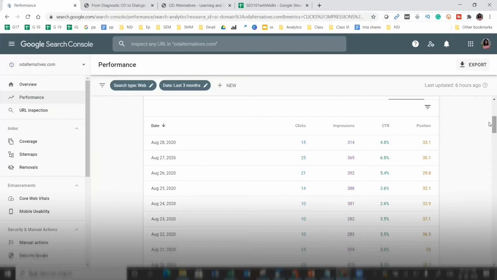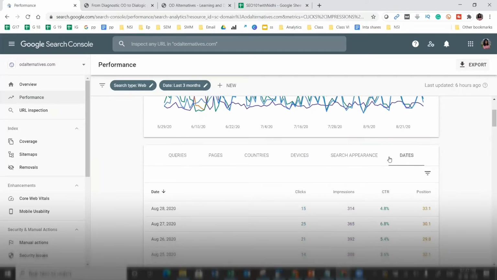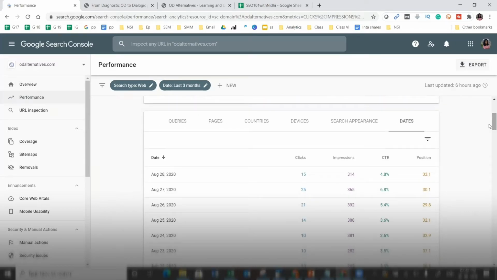Then you should come to this particular section of Search Console, come to dates and see if you have gone live with a paid campaign that talks about your brand. Then the natural result that you should expect is that as a result of the campaign, people are looking for your branded keywords, and hence they would be looking for you on Google, and these numbers should be higher.